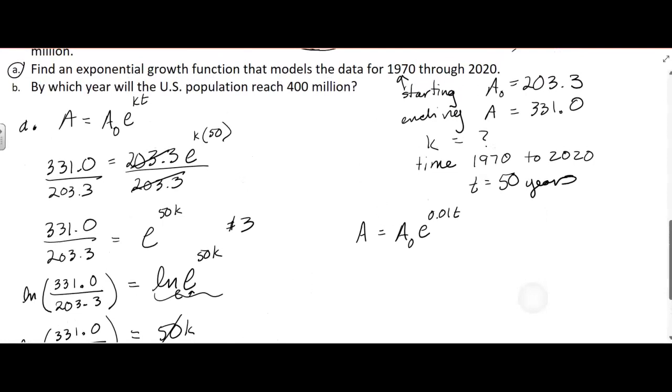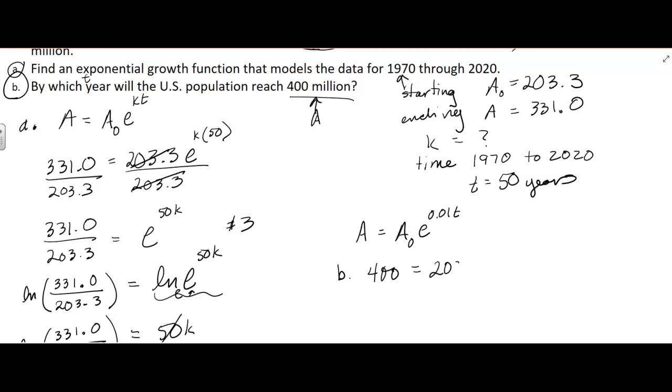What do they ask us in part B? B. By which year will the U.S. population reach 400 million? So this time we're looking for T. By which year? That's going to be the T. And then this 400 million, that's going to be the A. That's the end amount we want. So 400 is going to equal, now A naught didn't change, so it's 203.3 e to the